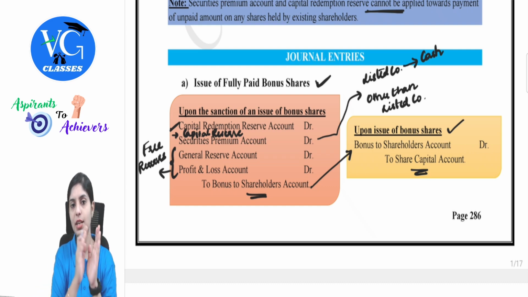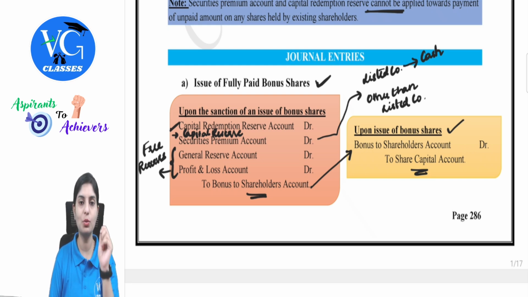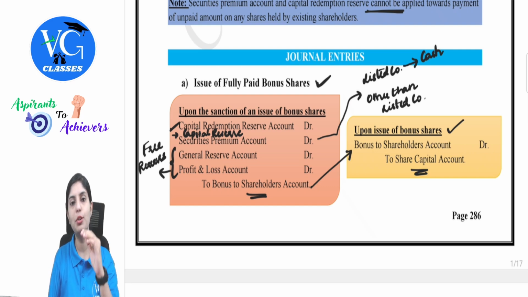I hope the entries are clear. These are the two simple entries which you have to observe, guys. That is, first utilizing reserves and making it due. So whatever reserves you take, debit to bonus to shareholders. Then when the issue is happening, bonus to shareholders account debit to share capital. I hope this is clear. Next,